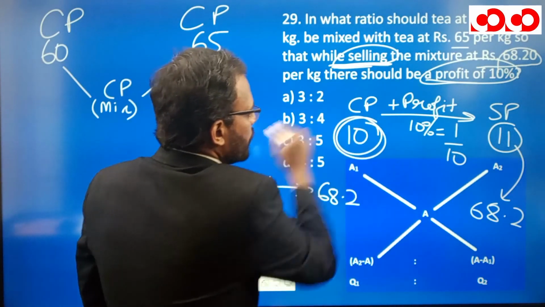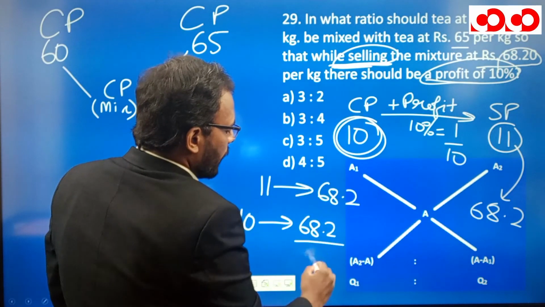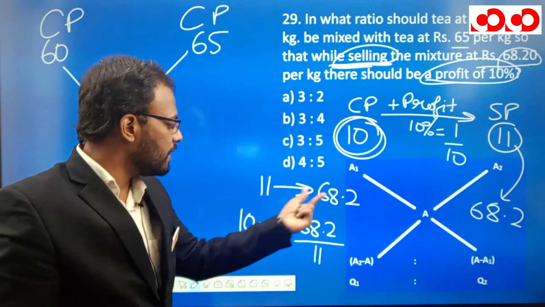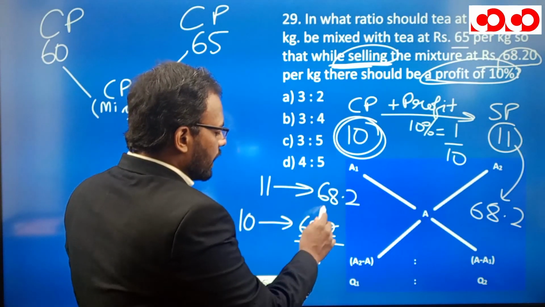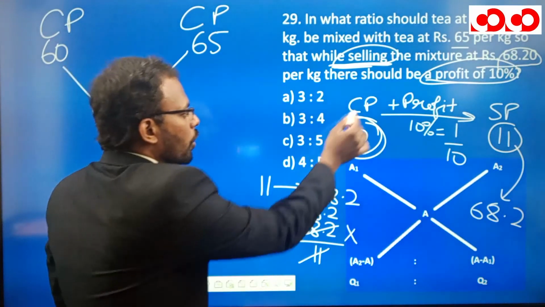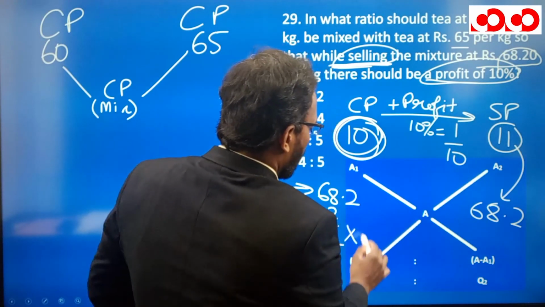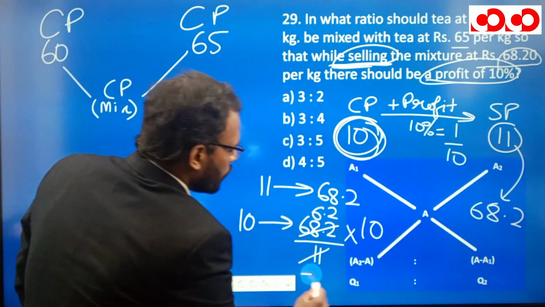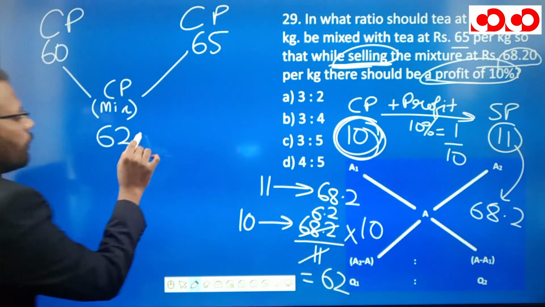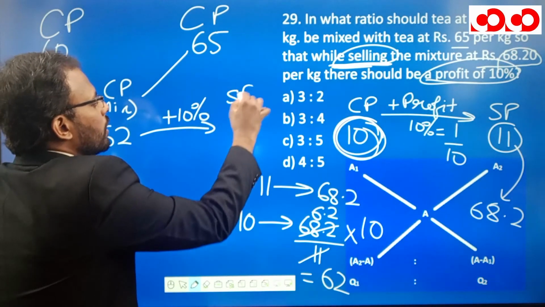Then what is the value of this 10? To find the value of 10, we can put 68.2 divided by 11. This is going to be my one unit value. If I divide 68.2 by 11, I'll get 6.2. But this is the value of 1 unit. We need to find the cost price, which is 10 units. So I'll multiply by 10 over here, and 10 units becomes 62. So my cost price of the mixture becomes 62, which after increasing 10%, the selling price is